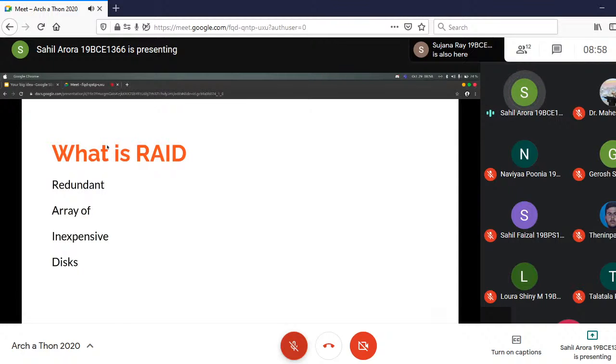Having multiple disks allows the employment of various techniques like data striping, data mirroring, and parity. A RAID is a data storage technology that combines multiple physical disk drive components into a single logical unit. RAIDs are designed for two purposes: improved performance and data redundancy. There are several different RAID configurations that have both upsides and downsides. So let's dive into the different types of RAID combinations, and we'll see which one is better for performance and